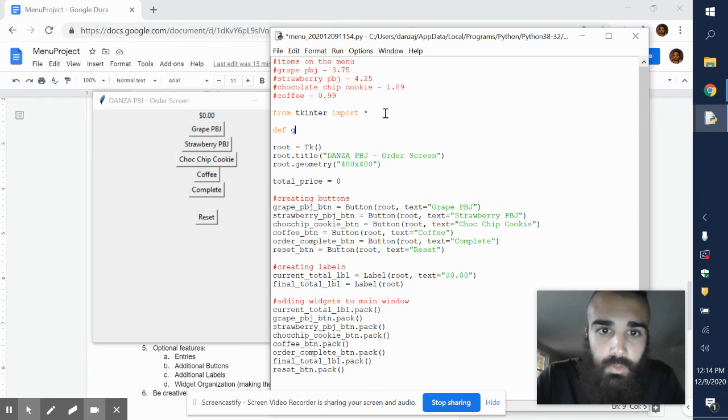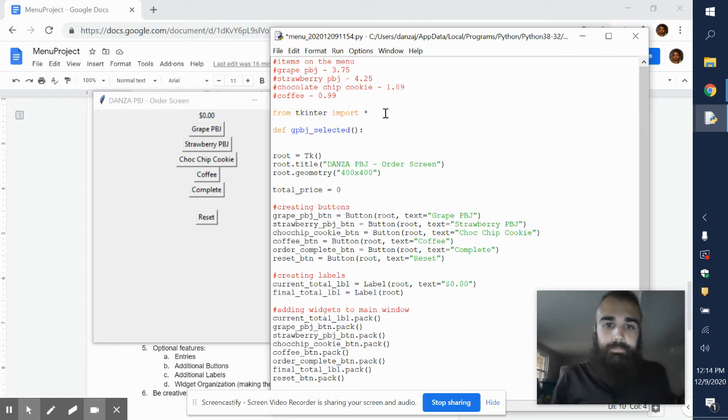I'll say G for grape. Grape, peanut butter, and jelly selected. And I'll create my function. All right. So whenever the grape peanut butter jelly is selected,